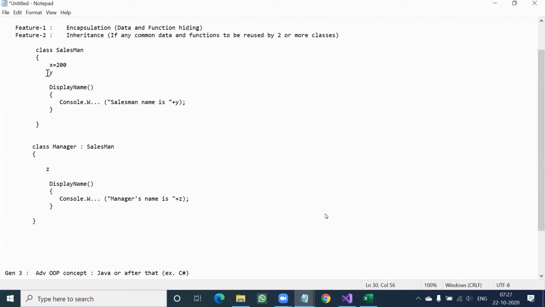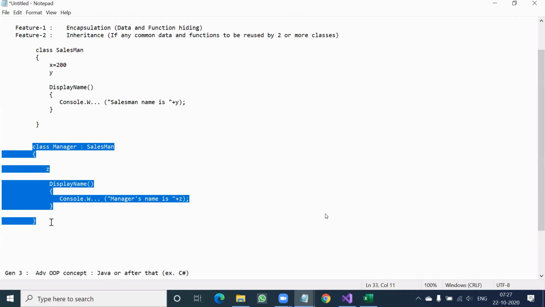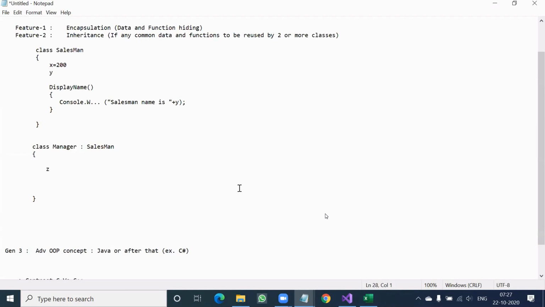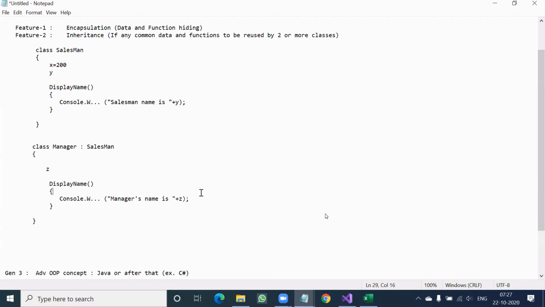Now, just like x and y, I wanted to use them here, that's why I inherited and deleted x and y from here. Can I delete this function here? If I delete it, don't you think it will show the salesman's name for the manager also? That means I want to keep it here, because functionally, both are two different functionalities.